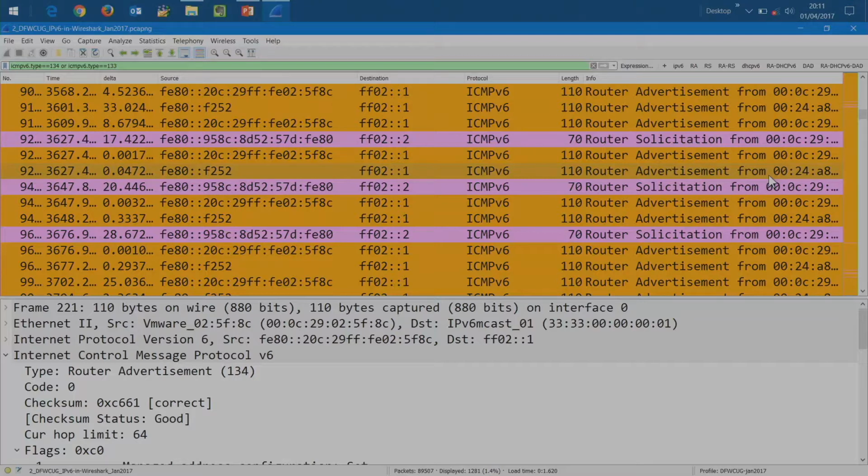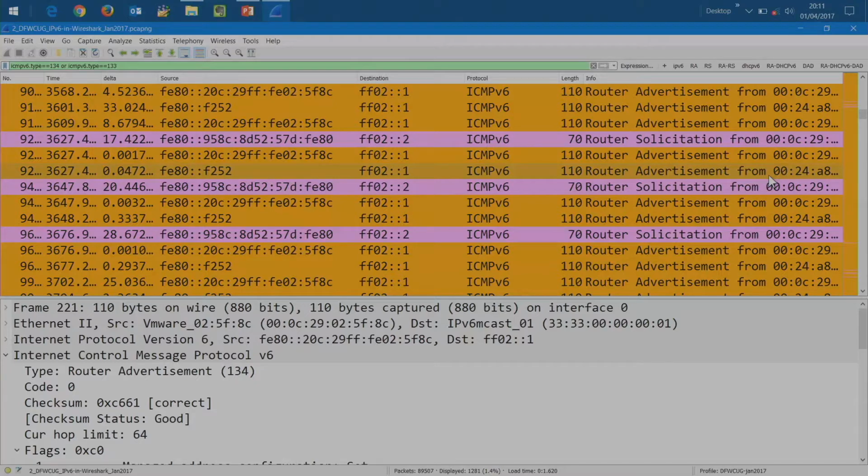Those clients are going to be stuck on whatever the rogue one told them to do, which a smart rogue would have first listened for router advertisements, see what the config is, and then make a different config, right, to bring everybody over to the rogue. We won't go there yet. But you kind of get the thinking of some of this, but I don't want to go too far with that. Okay, so that was some real quick things we're going to do.